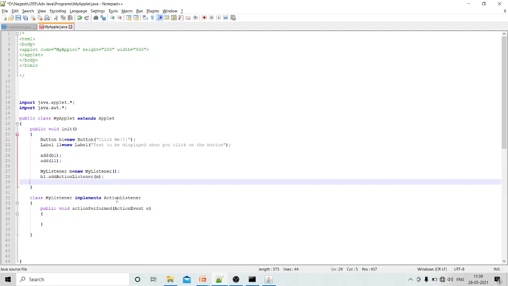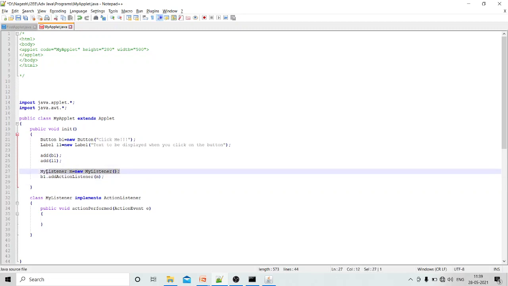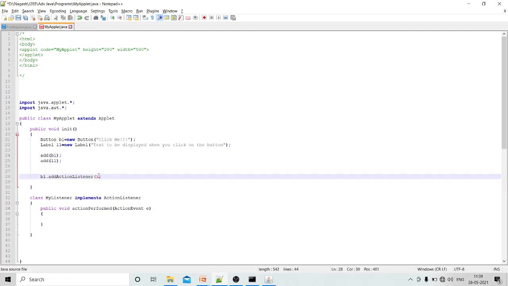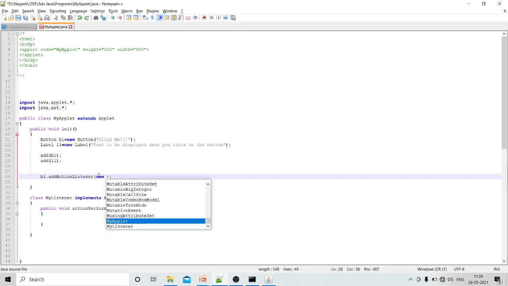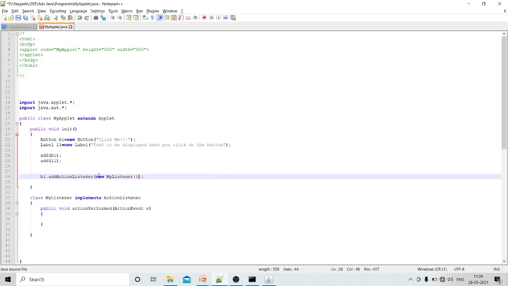There is one more way to do the same thing. Instead of separately creating an object here, the simplest way is you can simply say new MyListener. What we have done here is created an anonymous object.